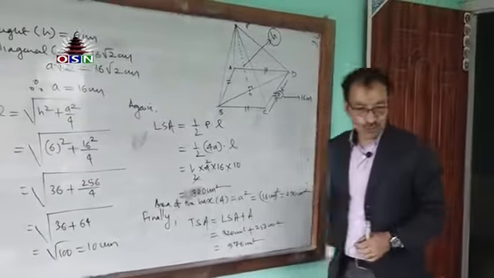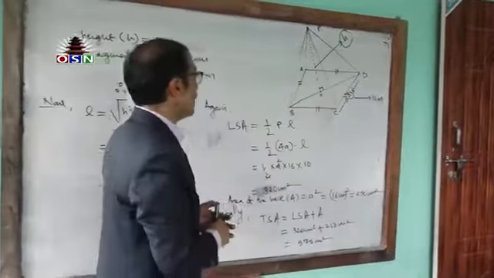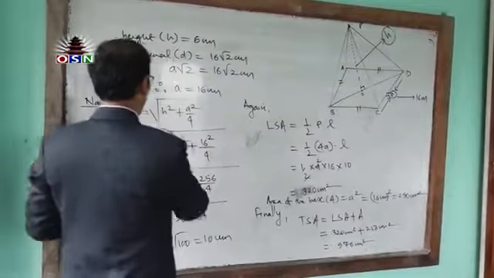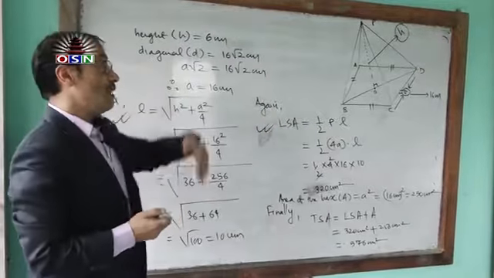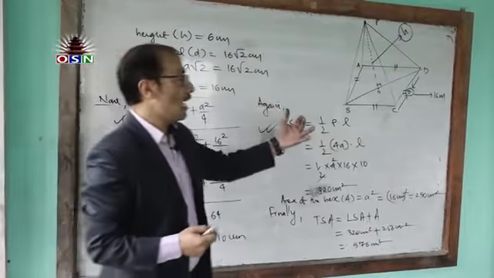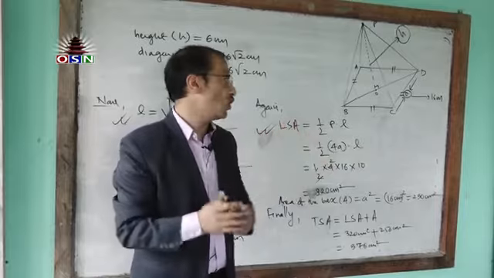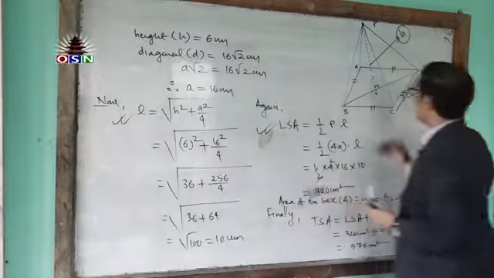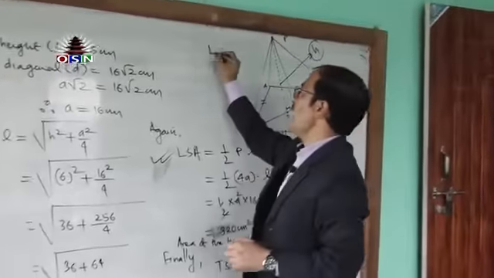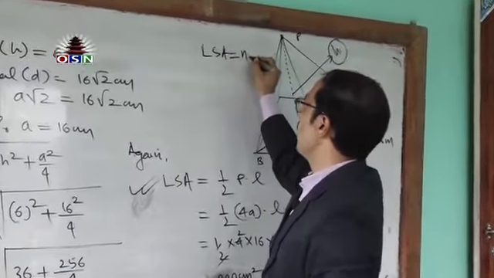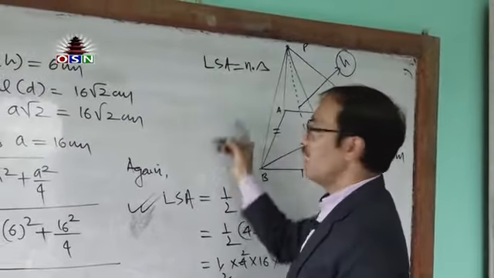Okay, my dear students, I think you don't have any question in this regard. Please, you should be clear on these two formulas. On these two formulas, please, you have to remember. But in the previous method I have done it conceptually. Just I am going to give you the concept. In the previous method, you have to understand the concept, because LSA equals number of sides into triangle. This is the concept.